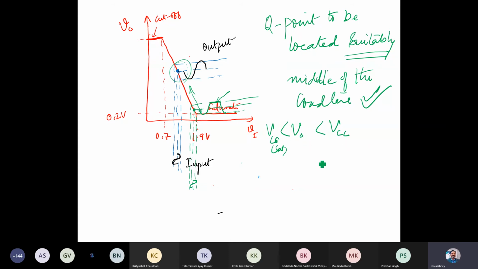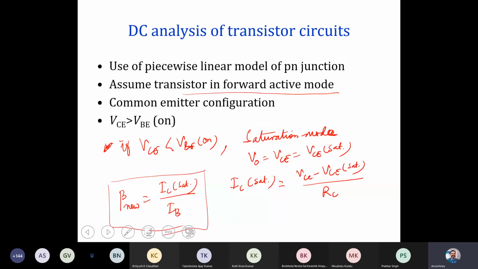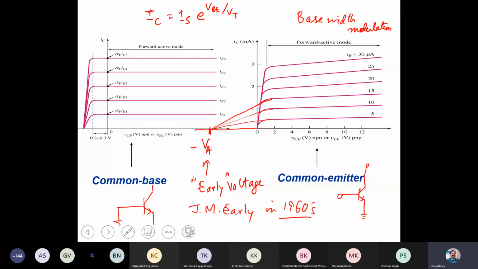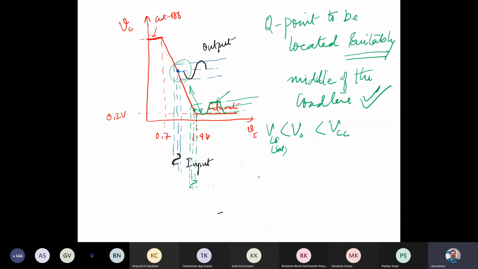So if V0, let's say, if it is 10 volt, and it is coming to 5 or 6 or 7, it is still okay. So that's the reason that you see in the examples when we discuss the circuit, right? If we have 10 volt, we are getting around 6 or 7 volt as the output voltage. So it is much less than VCC, but greater than VCE saturation. So we can say that in that situation your Q point is suitably located and the transistor is in active mode and can give reliable amplification to the signal without any distortion. So that's a point.